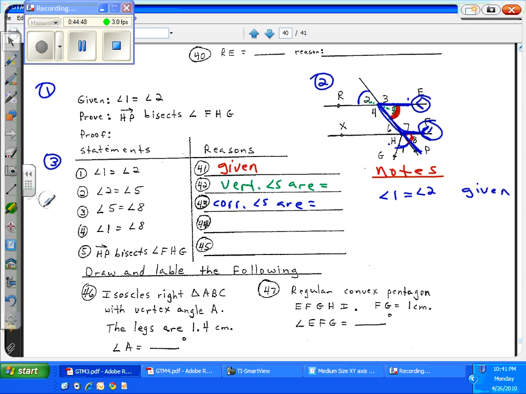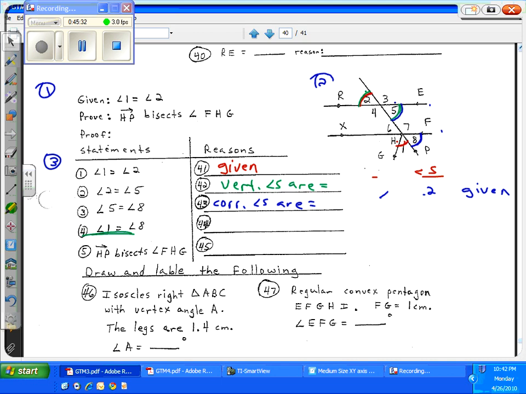It says that angle 1 is equal to angle 8. Now, let me get some of that stuff out of the way so I can show you kind of what we did. We took the given and marked it. Angle 1 is equal to angle 2. And then we got to the statement angle 2 is equal to 5, and then we had marked that angle 2 was equal to angle 5 because they were vertical angles. And then we got to another statement, and it said that angle 5 was equal to angle 8